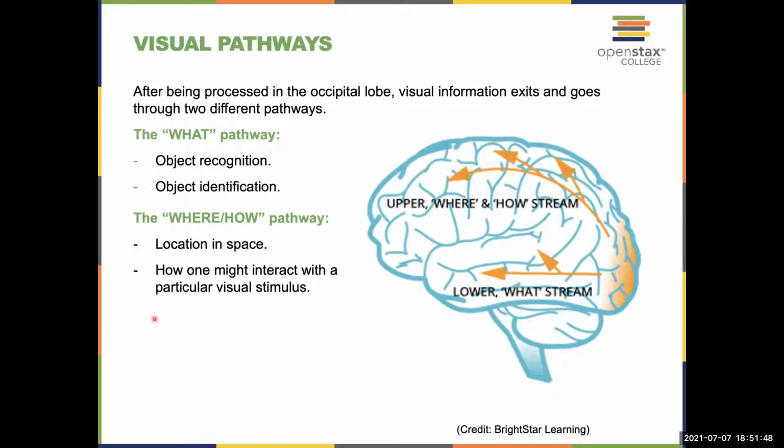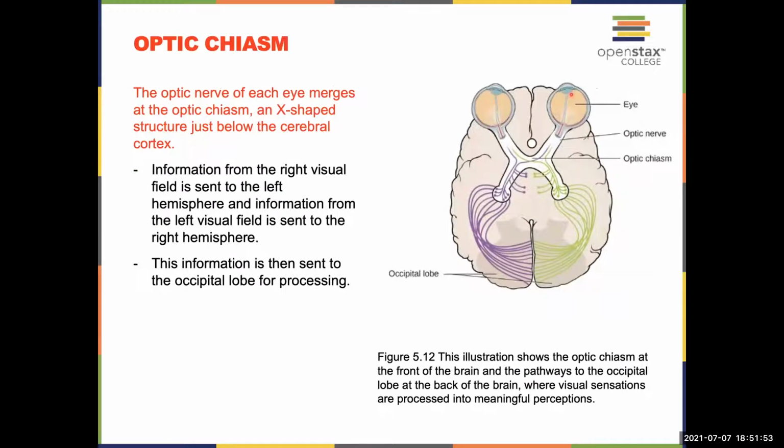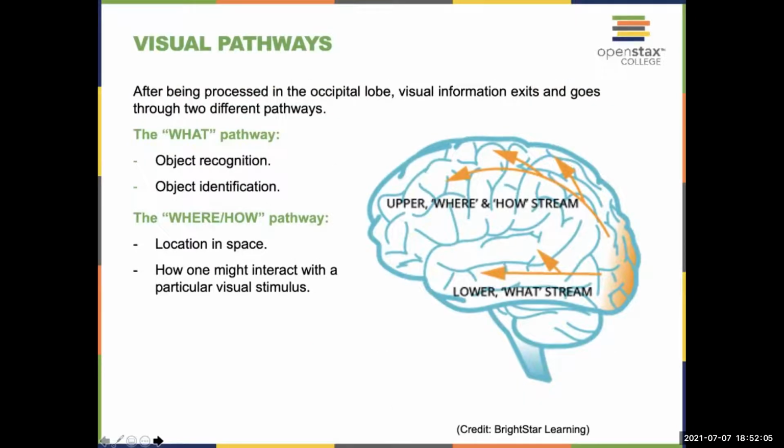And then there's our visual pathways, right? So if we go back here for a second, the information, light information, what we're seeing in the world, is coming in here. And then it goes to each side. Not only is that happening, but then we also have the other visual pathways, right? So the what pathway, and then there's the where and how pathway. So the information comes in from the front, goes to the back, and then is resent out to different parts of your brain